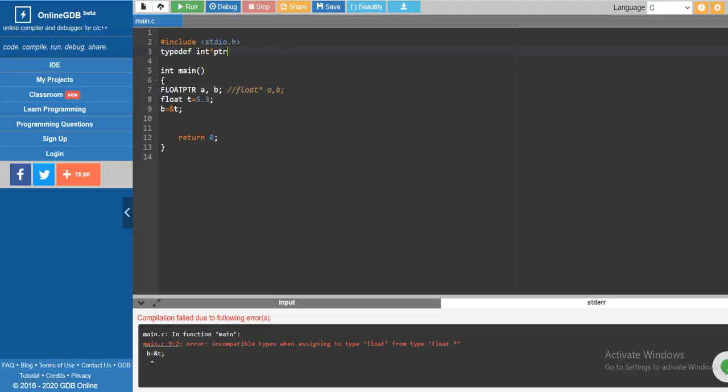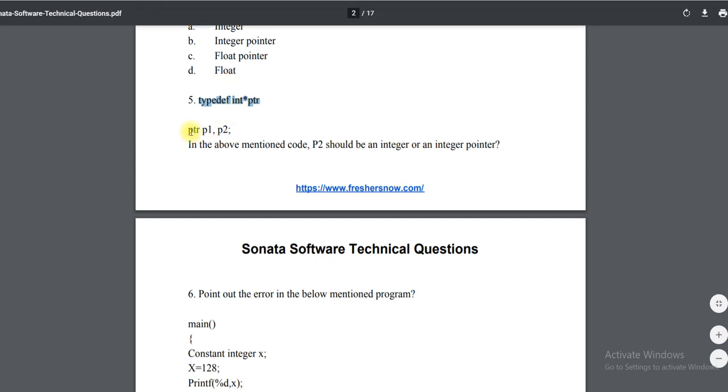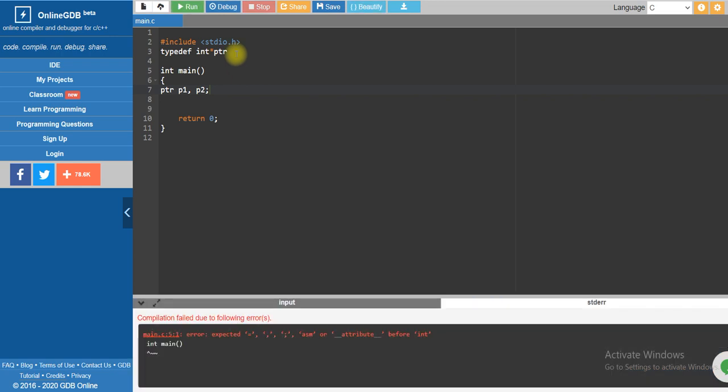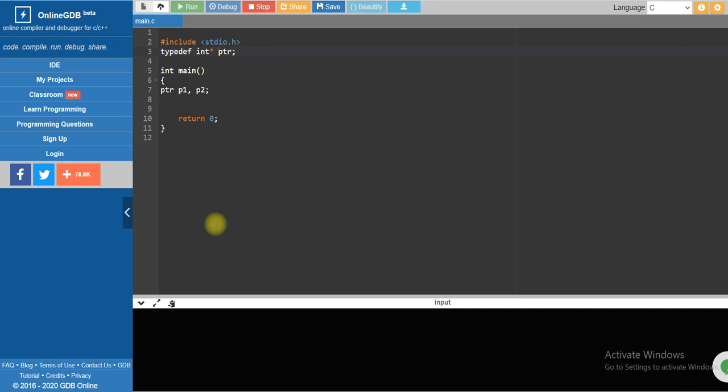Okay, this is done, right? And now I will go for this. So let me run it. Int main. Okay, no issue. I have to give some space, right? And here you can think: p1 is what type of pointer?